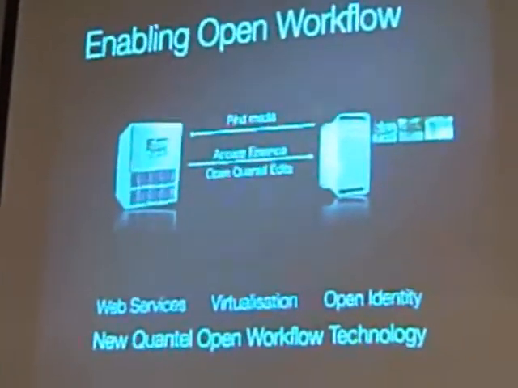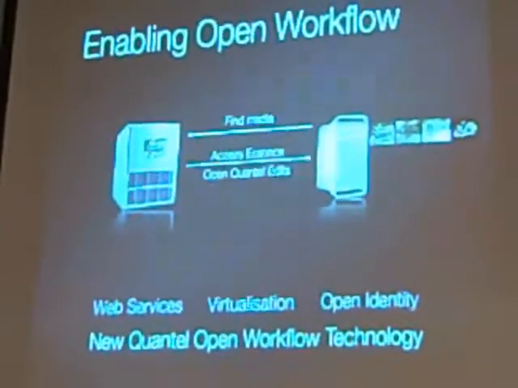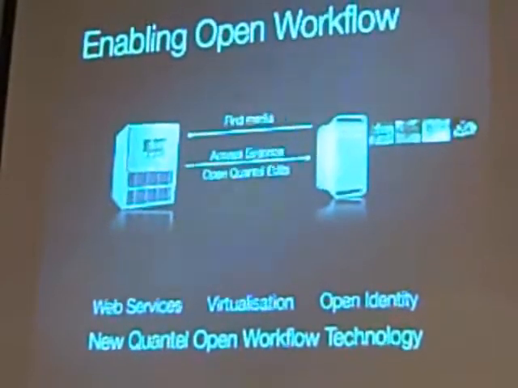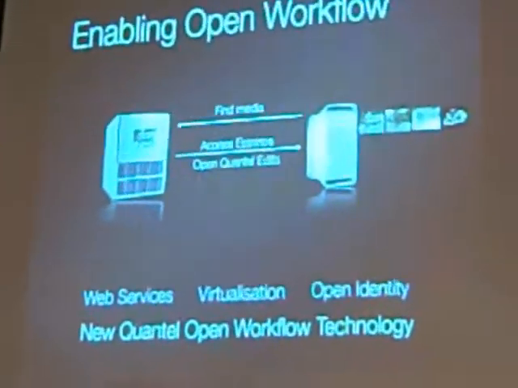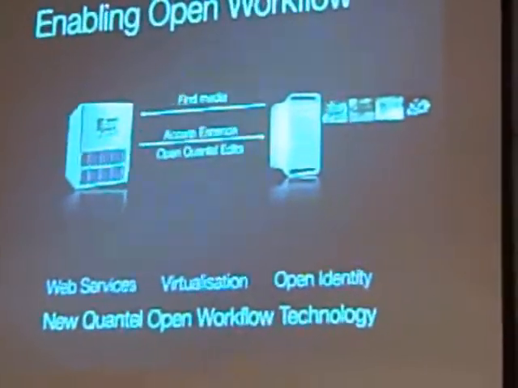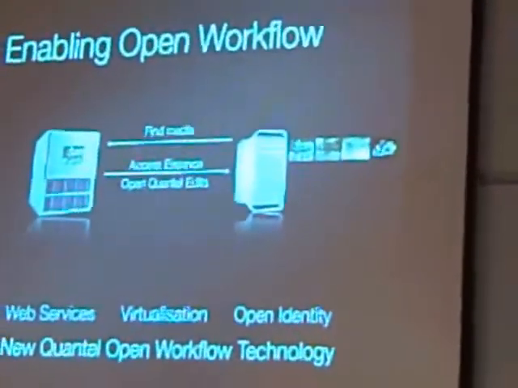Everything is live. So now we're going to do some work in Final Cut Pro, maybe import a little graphic or something from Motion. And now what we need to do is get that edit back onto the SQ server. So we're going to use open identity again to look at the clips that exist in Final Cut Pro and ask if they're on the Quantel server. If they're on the Quantel server, we don't need to send them back. If they're not, we just publish the new frames using this open identity idea.